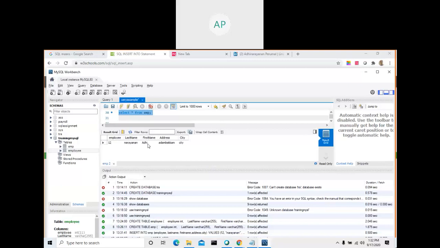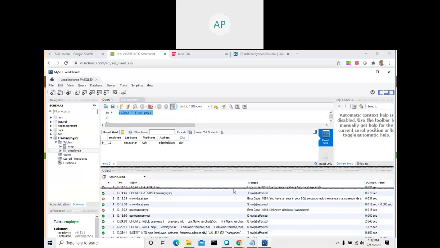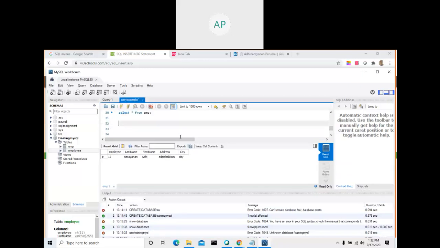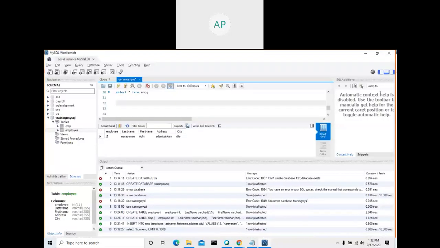You can drag. Click your mouse and drag this one. Anyway, there is one record: 12, my last name, my first name, and address and city. You got this one. You can drag this one below. Now you got it. Otherwise, you can even expand this one, a little bit bigger.